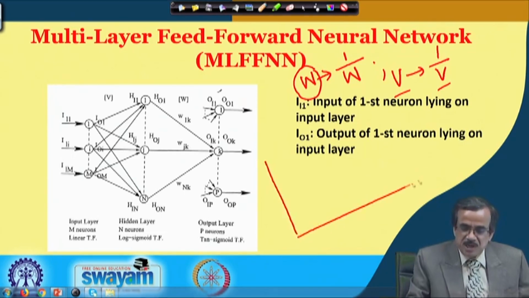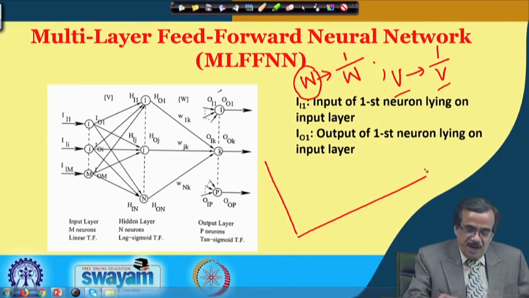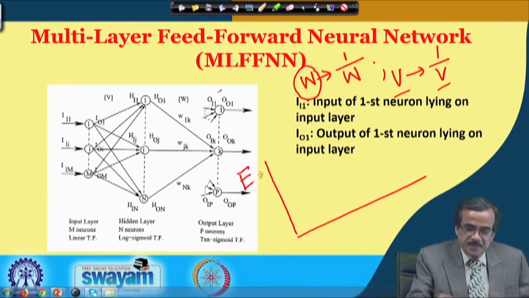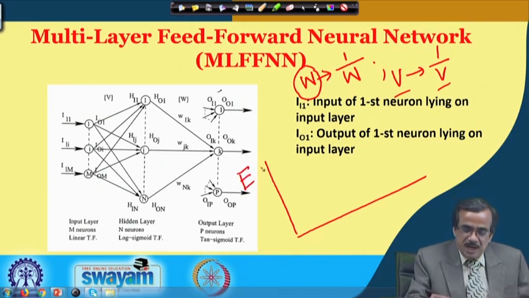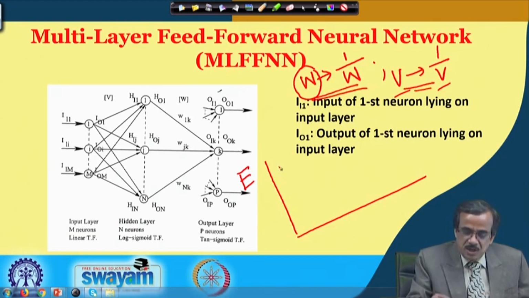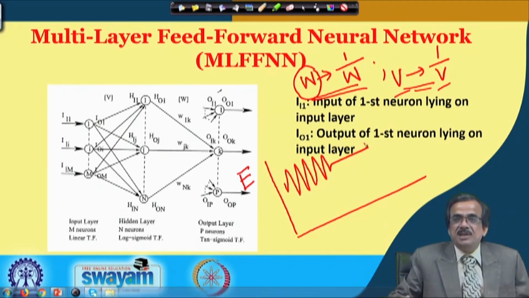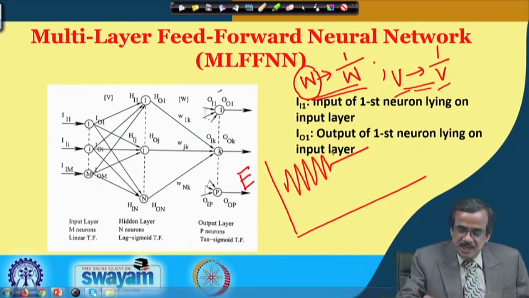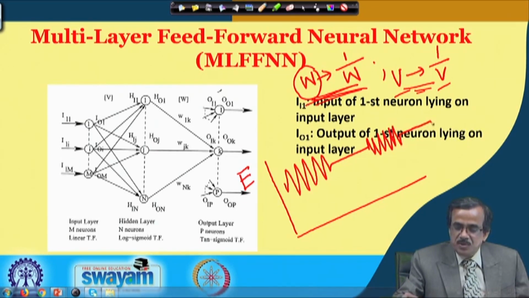But if you see this particular performance, like if I just say this is error, what will happen is the moment you put this particular correction, there will be an abrupt change of this performance, and after that it will reach one stable region. And once again if it becomes out of range like V and W, and you put this particular correction, once again it will show this type of erratic behavior,